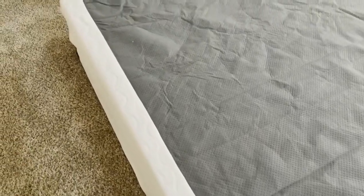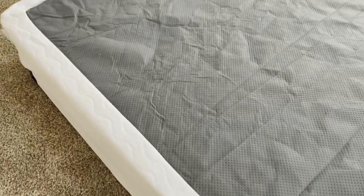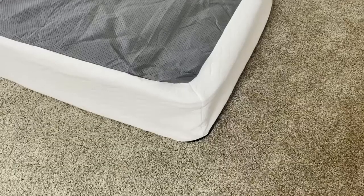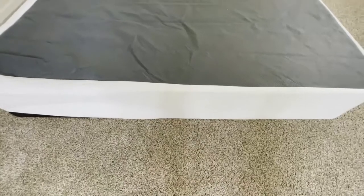It's also nice if you like to be up a little higher from the ground, in which case, again, having a box spring like this to give you just a little bit of extra clearance is going to help you out a lot. At the end of the day, this box spring is really durable and strong, convenient and simple